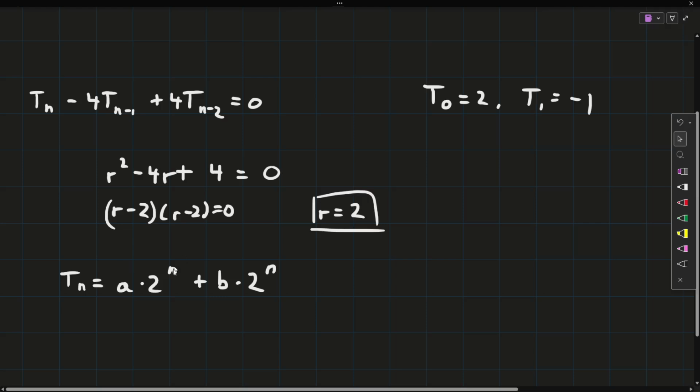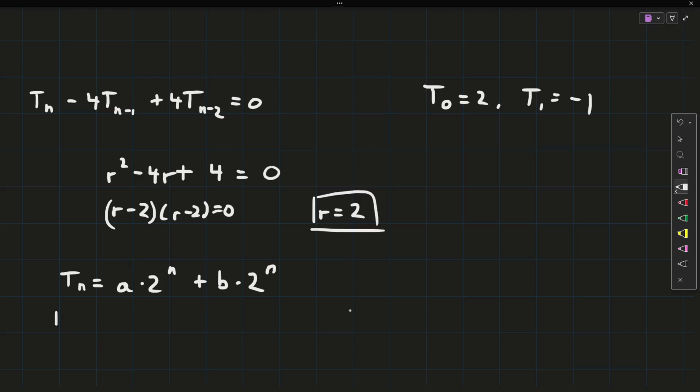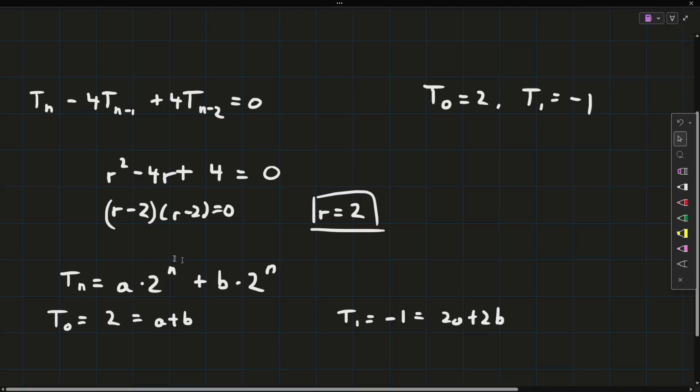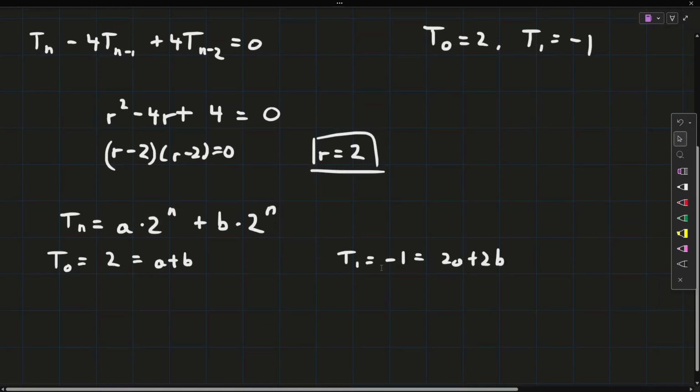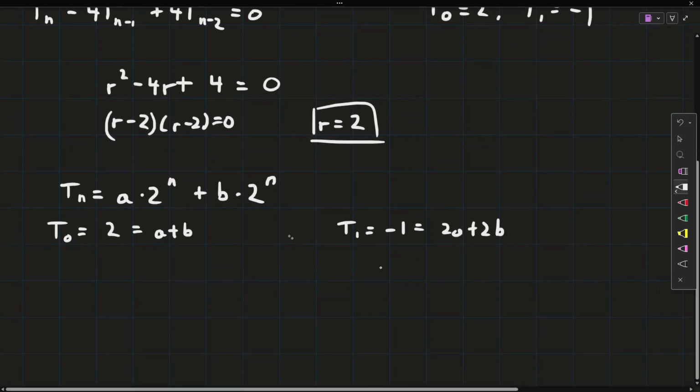Normally we take our two roots to the power of n and then multiply them by some constants, but now we have the same root twice. Let's just see what happens when we continue. t0 is going to be equal to 2, and that'll be equal to a plus b, and t1 will be equal to minus 1, which will be equal to 2a plus 2b, which is just by letting these equal to 1. But then we have a bit of a problem,